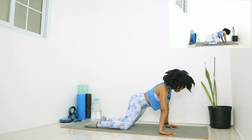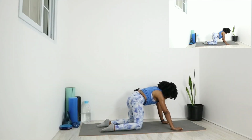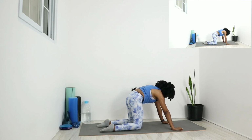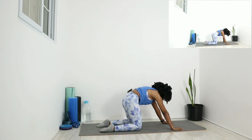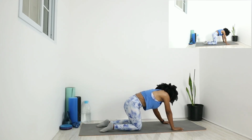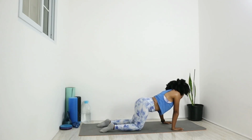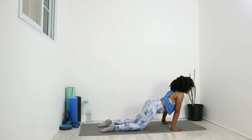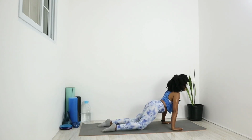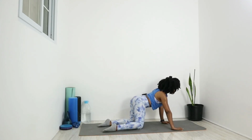And as we reach midpoint yet again, going back, gonna tuck that tailbone, exhale here, round that back, press the shoulder blades up to the sky, and keep that nice gentle circle going. As we reach midpoint, we raise that tailbone yet again, inhale here, arch the back, shift that body weight forward over that right hand, over the center, over the left hand, and as we bring it back to the center